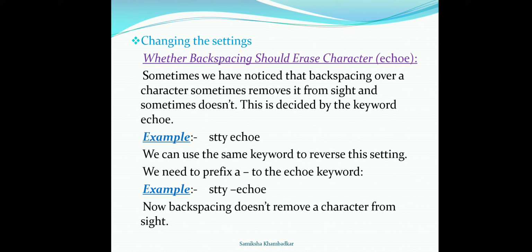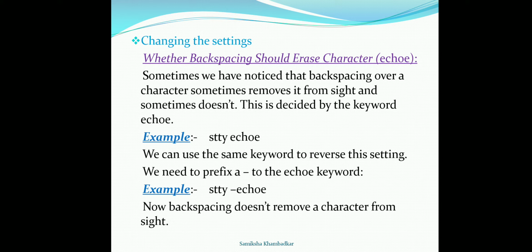Sometimes we notice that backspacing over a character removes it from sight and sometimes doesn't, and this is decided by the keyword echo. By using the command stty echo, we can change whether the character is erased when we use backspace. So we can use echo with stty.